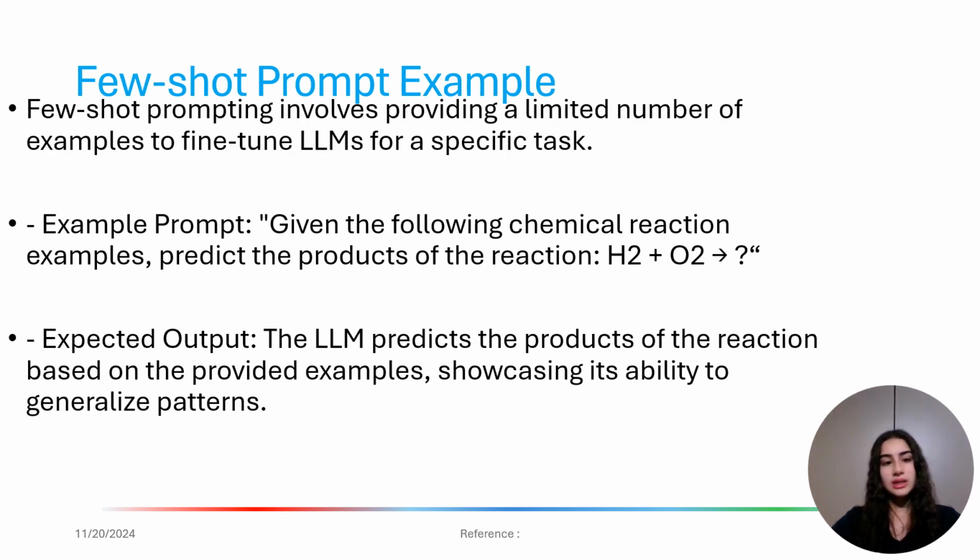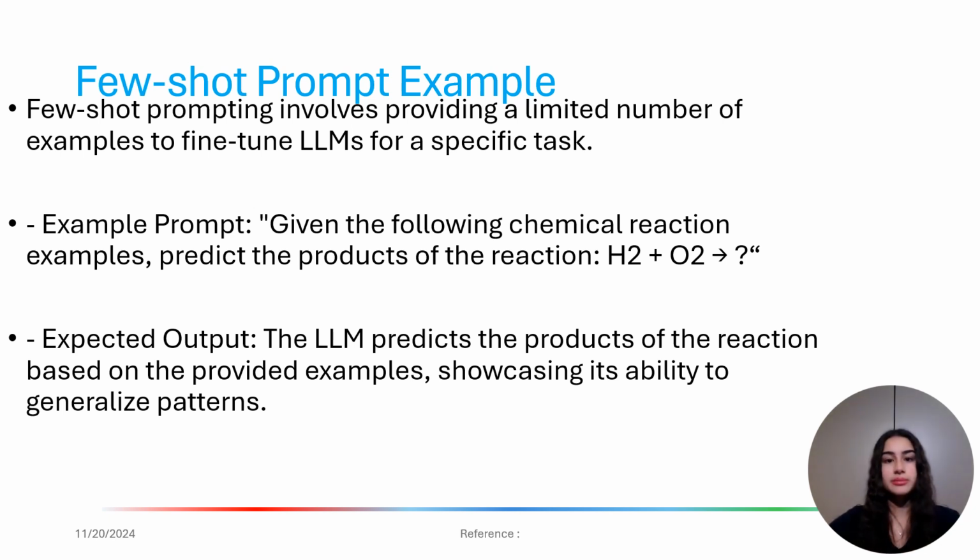Moving along, I would like to talk about few-shot prompt examples, which involves providing a limited number of examples to fine-tune the large language models for a specific task. For example, given the prompt: the following chemical reaction examples, predict the products of the reaction H2 plus O2? We would expect the output to be the large language model predicting the products of the reaction based off of the provided examples, showcasing the ability to generalize patterns